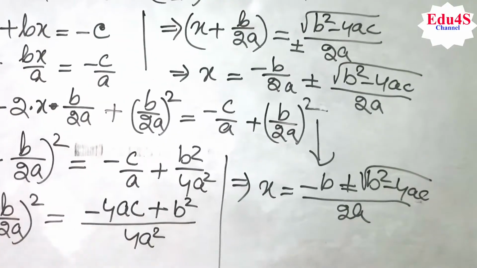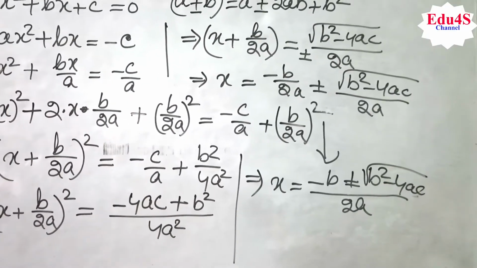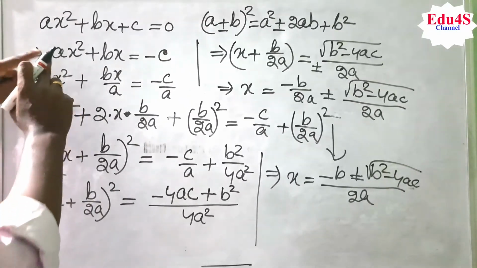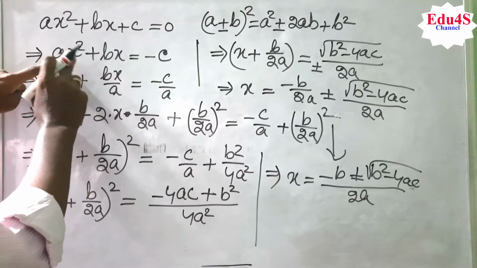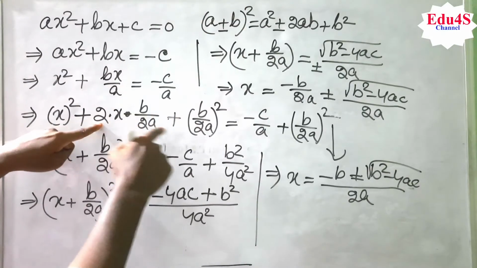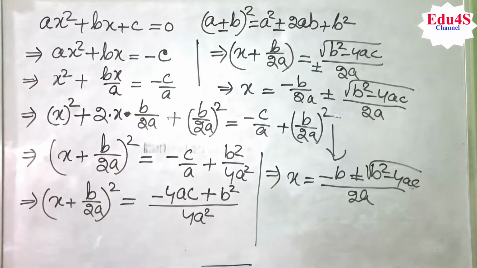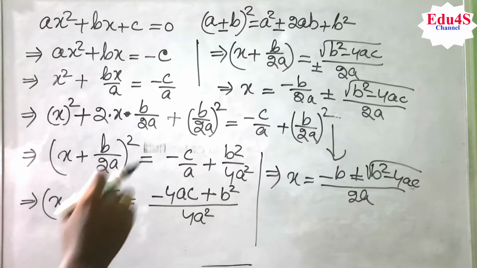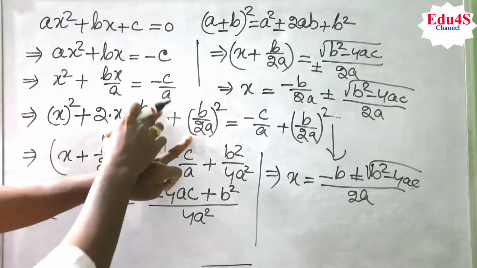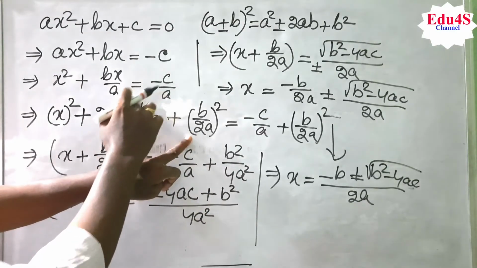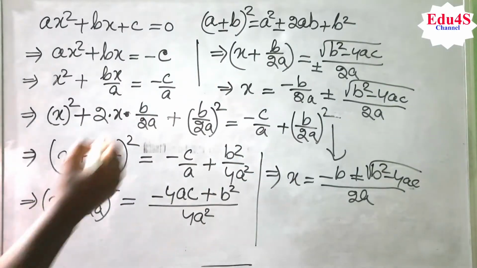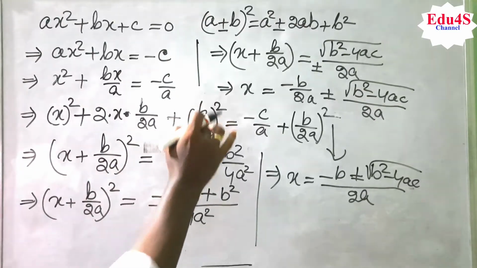So this is our steps. What are the steps we have followed here? First of all, take the constant term to the right hand side. Then divide the whole equation by the coefficient of x square, that is a. Then you try to apply the formula either a plus b whole square or a minus b whole square. Clear? So then you multiply here. Whatever term b you get here, you just add b square on both sides. If the b is here b by 2a, so you write b by 2a square on both sides.